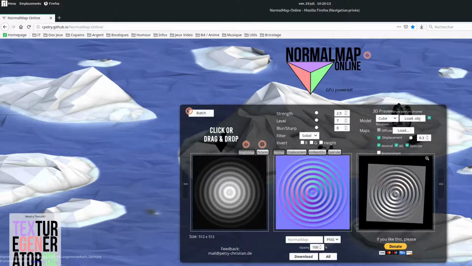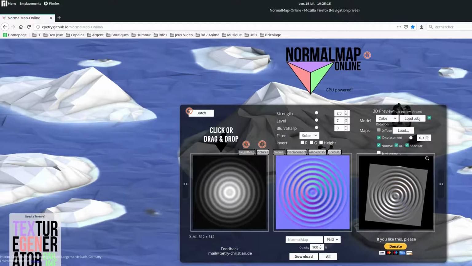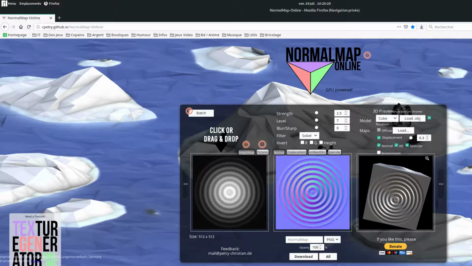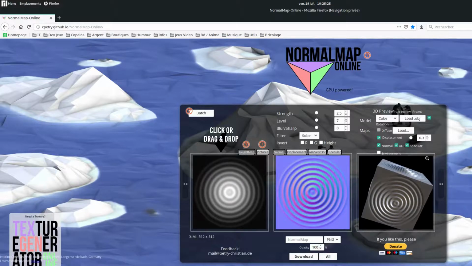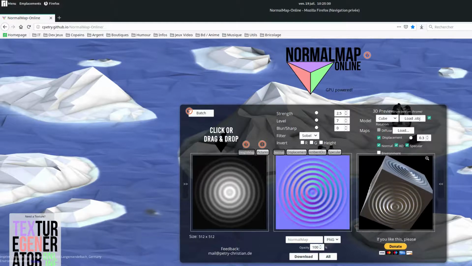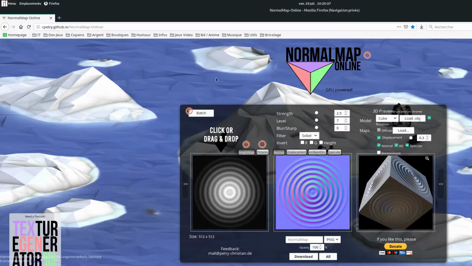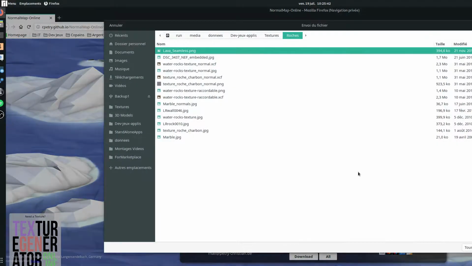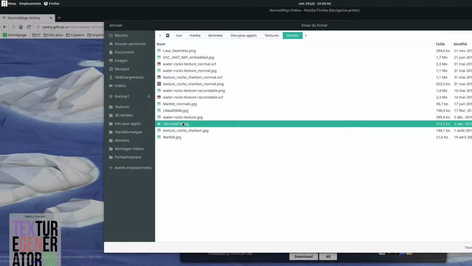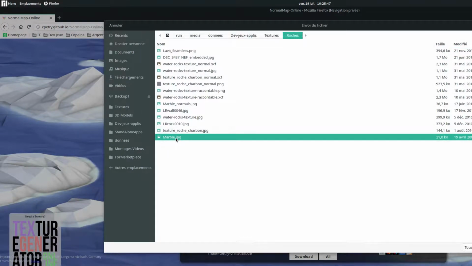I was using GIMP to generate my normal maps, and then I found this literally by accident, and this is awesome. It's just a tool that downloads in your browser cache, so nothing is getting out of your machine. And as you can see, I just have to click here or drag and drop a texture in this. I take my texture